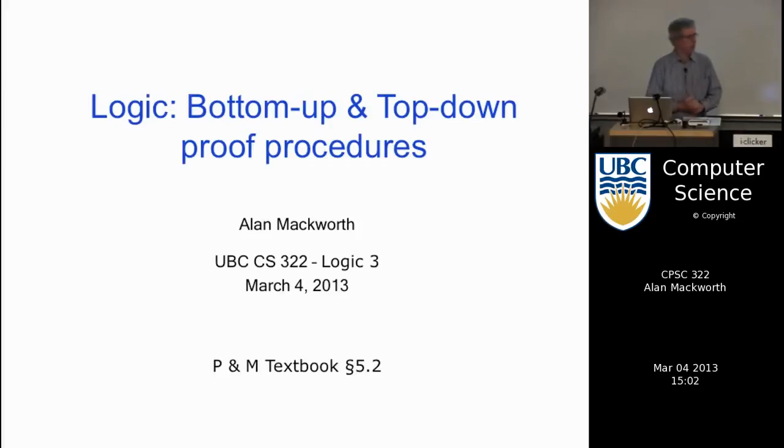We're going to talk about bottom-up and top-down proof procedures. And we need to know that these are reliable. And by reliable, we mean sound and complete. And what that means is that the proof theory corresponds to the semantic theory. So, you can do all of this in the semantics. You could find out what's true in all models by just checking all interpretations, seeing which ones are models, checking in which ones the formula you're interested in is true, and is true in all the models. And it logically follows from the theory.